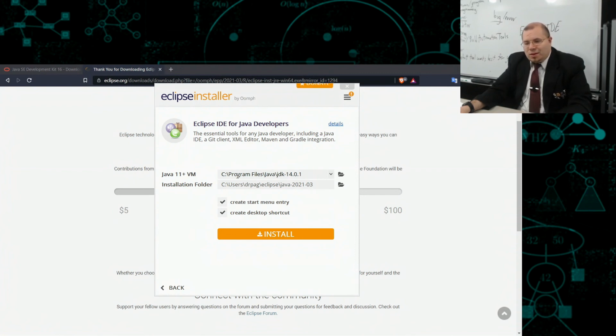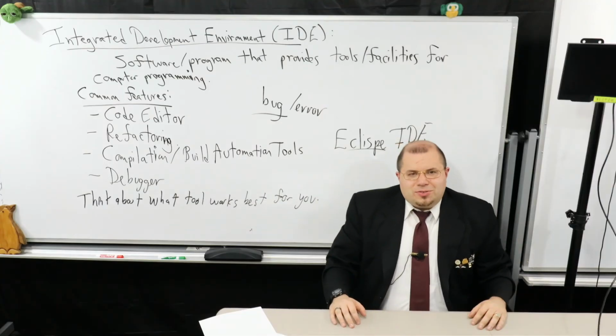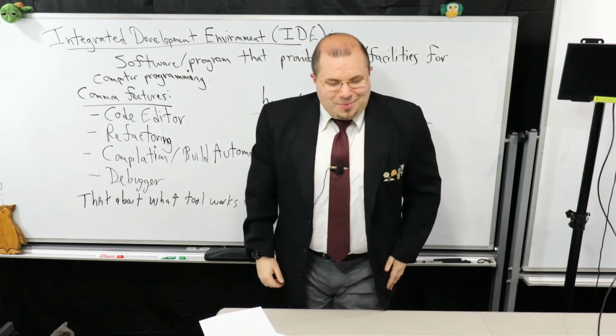But yeah, I have this version of the JDK. By the way, it doesn't really matter too much which version of the JDK you're using. As long as it's 8 or up, everything I'm going to show you works. So you just click install and you'd walk through the process. Really straightforward, right? So anyways, those are the 2 steps I really just needed to do with you guys. So let me get back up here.